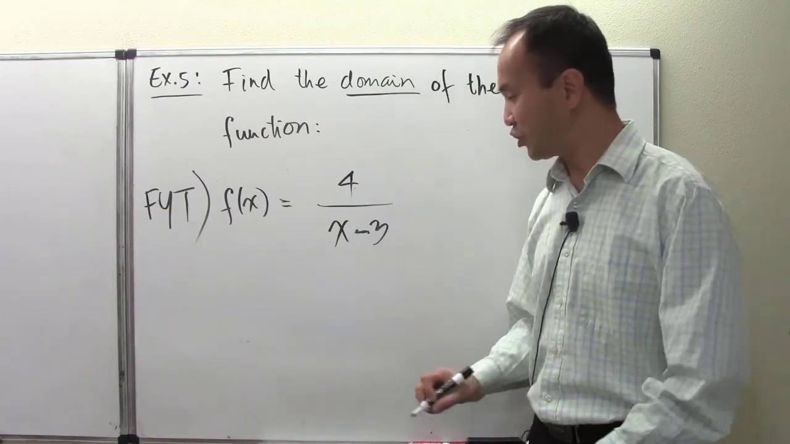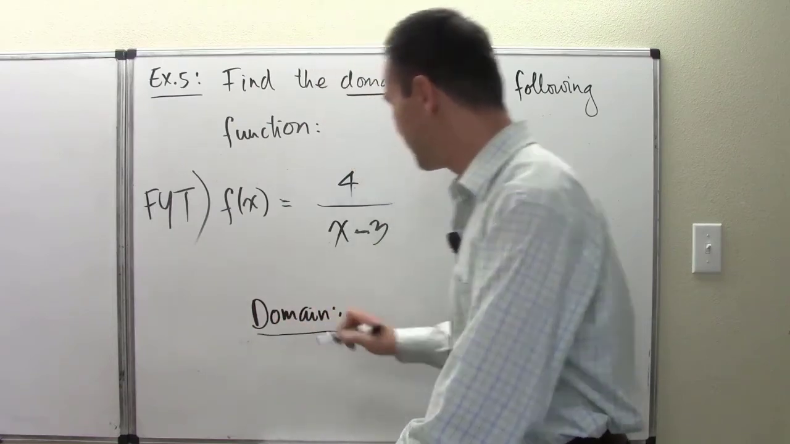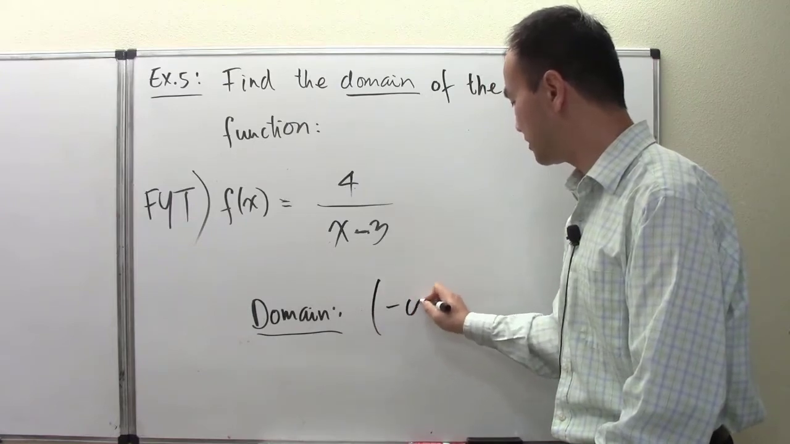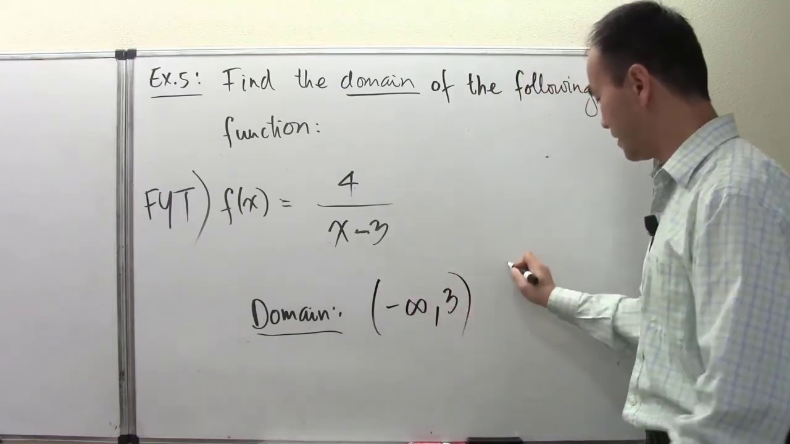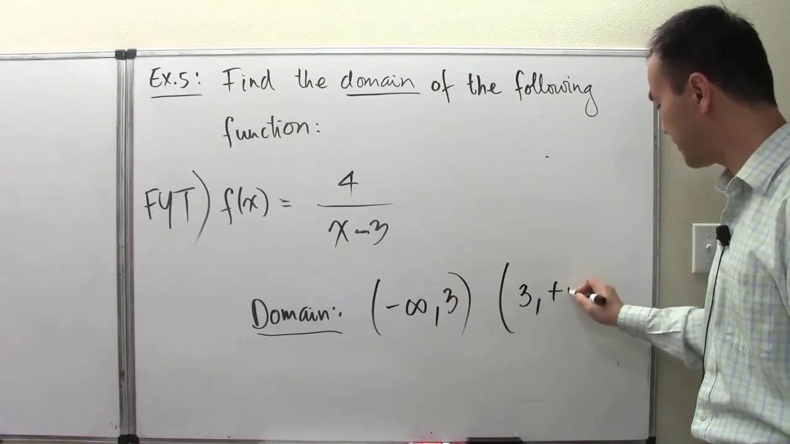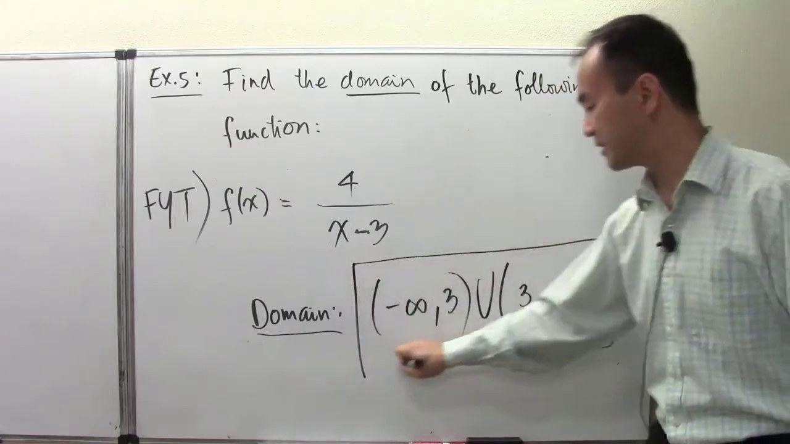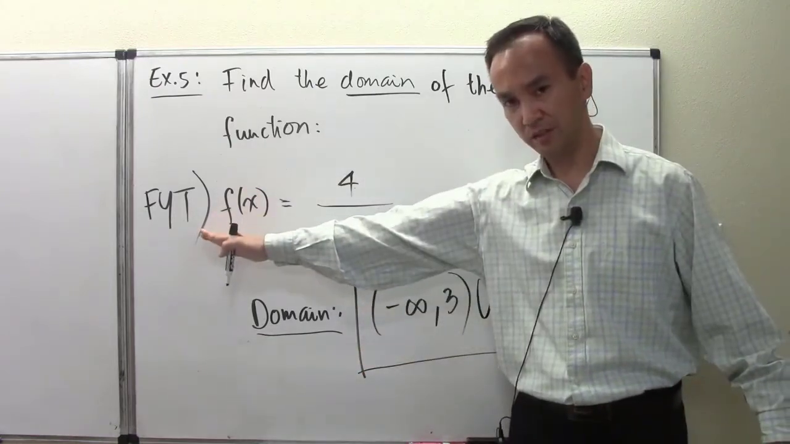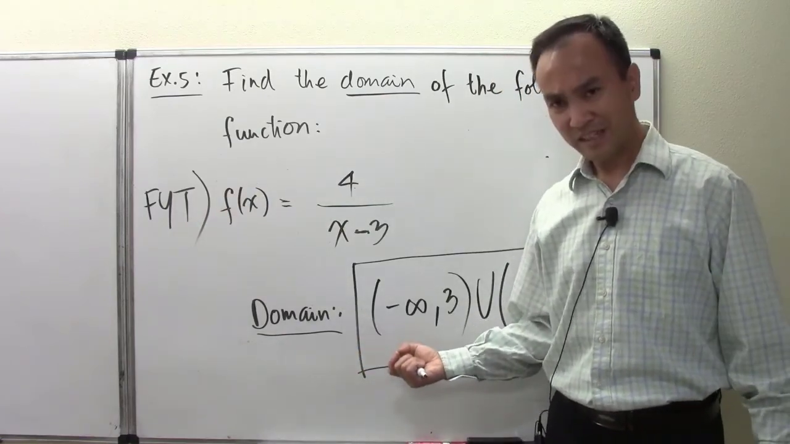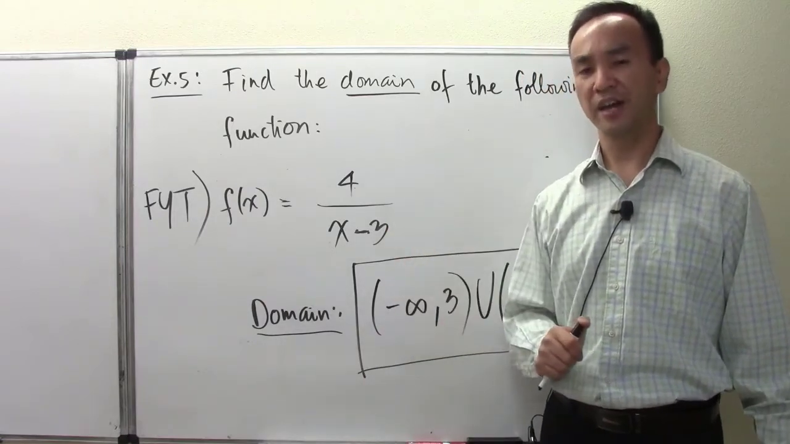All right, so now the domain in interval notation should be just anywhere between negative infinity and 3, and then anywhere between positive 3 and positive infinity, okay, and then union, and that's the final answer. And again, since this is an FYT, allow me not to show the actual reasoning work for that,